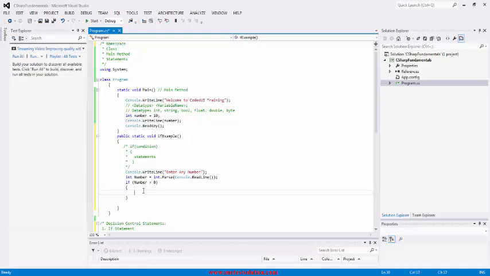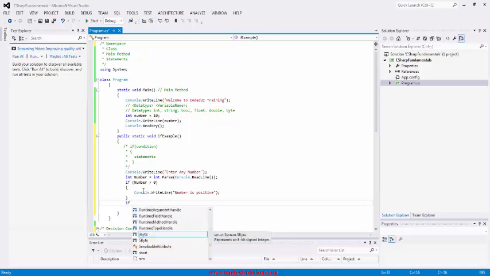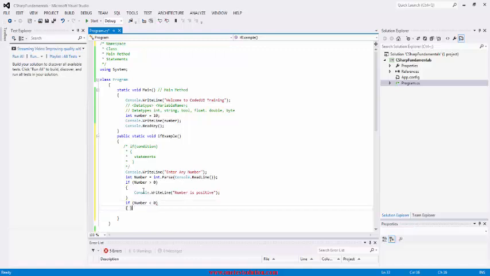what I can write is Console.WriteLine, number is positive. Okay, so this is the condition for positive. Likewise, I can make one more if statement. If number is less than 0, then I can say number is negative. So I will just copy this and I will say number is negative. Okay,